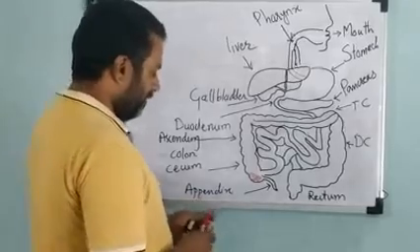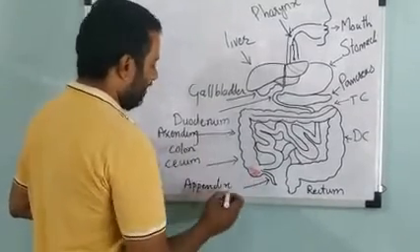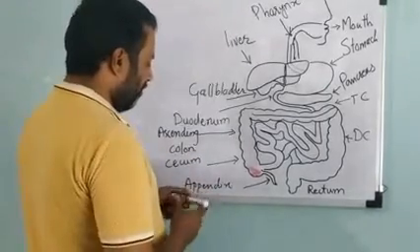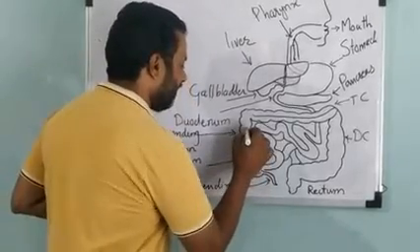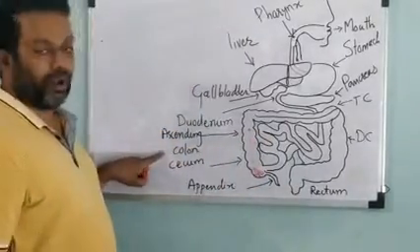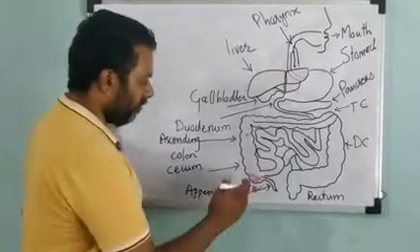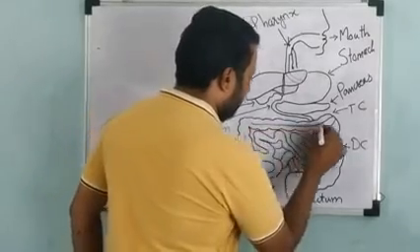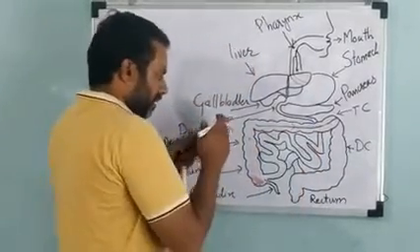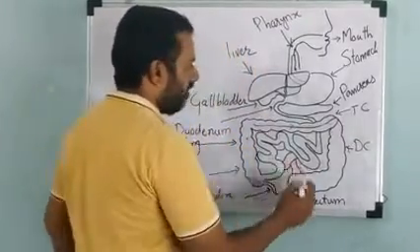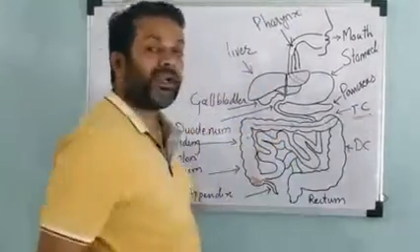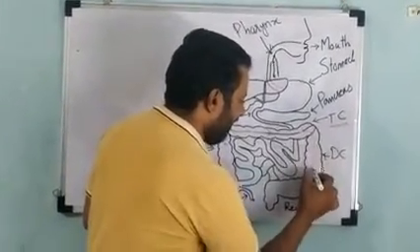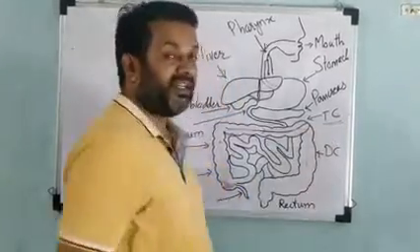After that, the food enters the second part of the large intestine, called the colon. This colon is divided into three parts. In this part over here, the food rises up. That's why this part is called the ascending colon, because the food is rising up. Then the food goes into the second part of the colon, and it goes from one side of the body to the other. That's why it is called the transverse colon. Here TC is for transverse colon. Then the food moves downward, and that's why this part is called the descending colon.